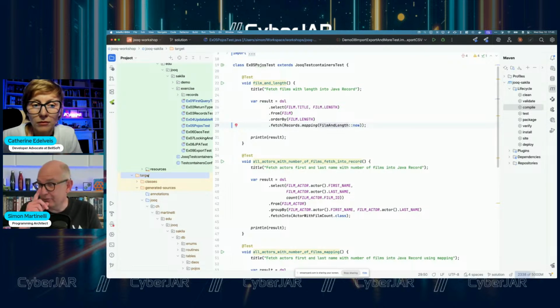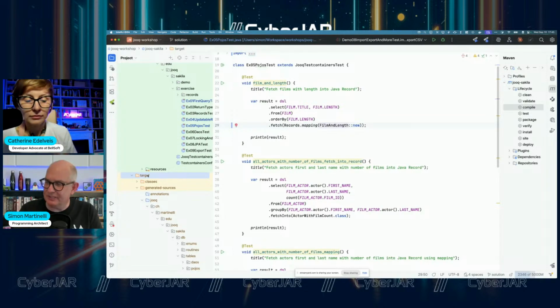By the way, there's also a Gradle plugin for people who prefer Gradle over Maven. So in fact, it doesn't matter. There is even a CLI where you can directly run Java to generate the meta model. You don't need Maven or Gradle at all if you prefer Ant or nothing, depending on how you work. But usually people use Maven or Gradle, so this got you covered. So now we know how to process the results.